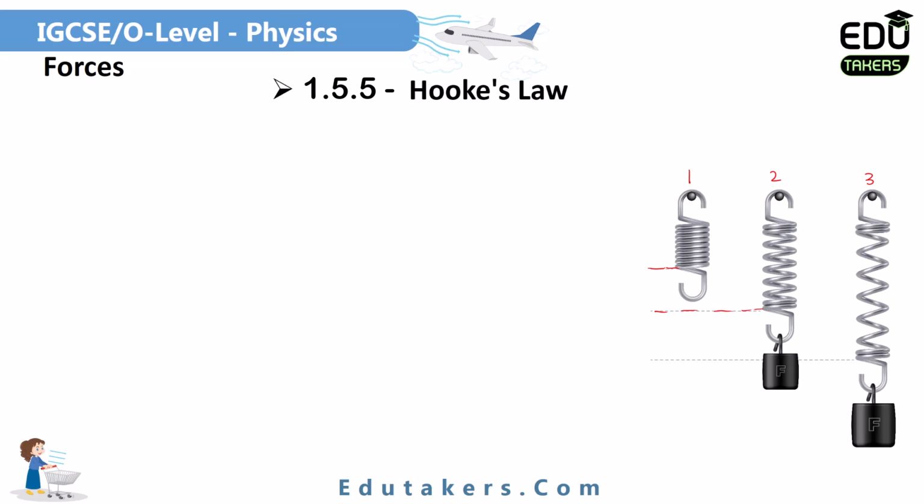In the third position, you again increase the amount of the load, so the length of this spring also increases and it comes to this position. So what can you conclude from here? As you increase the load, the length of the spring increases accordingly. The length of the spring is basically the extension of that spring. So I can simply say that the load or the applied force and the extension are directly proportional to each other. Because when you apply the force or the load, the extension of the spring also increases. This is basically Hooke's law.